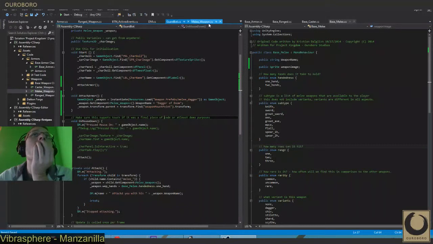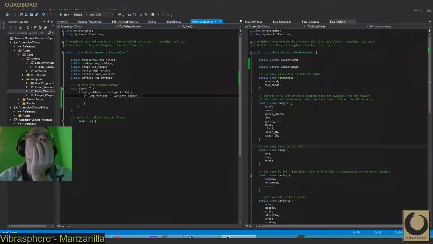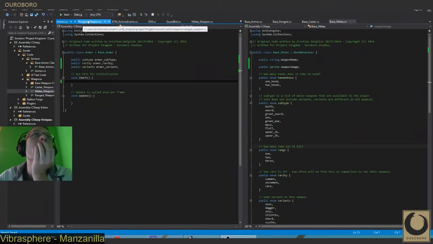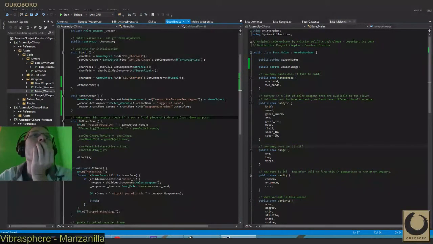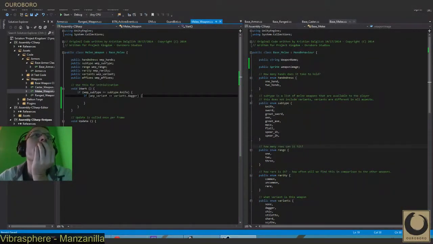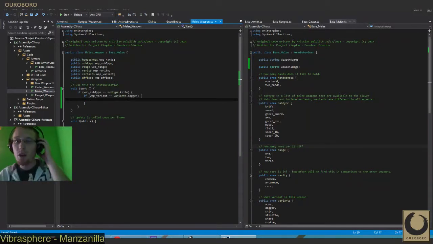Because this melee weapon is on the dagger. This is the weapon prefab itself going on to him. So I have made it on the mount point, which is good. Now what we're going to do is, if the weapon type is variant, when we spawn the weapon into the game, when they go into battle, or if we put it on the hero or whatever, what we have to do is